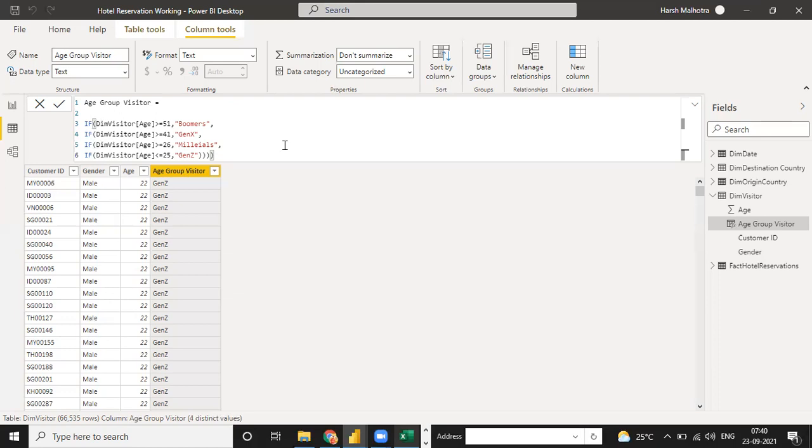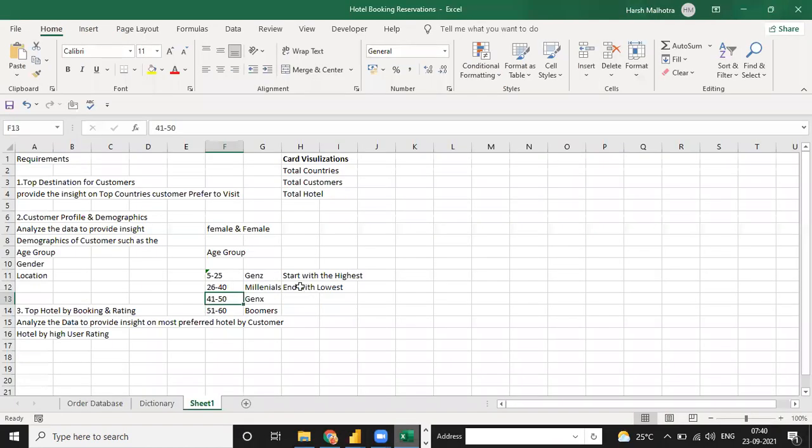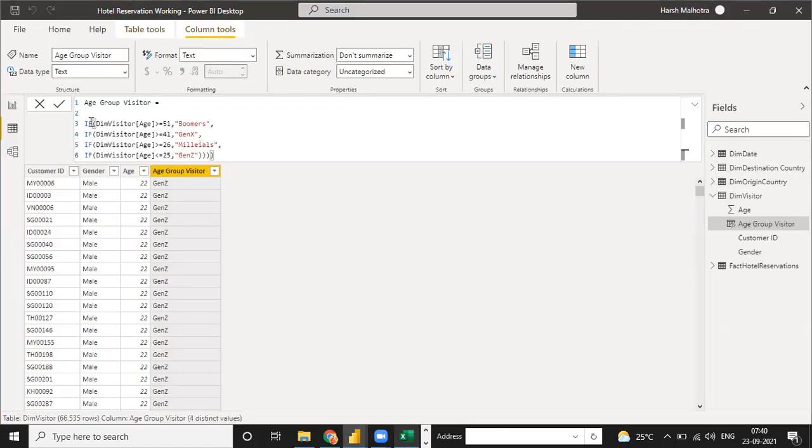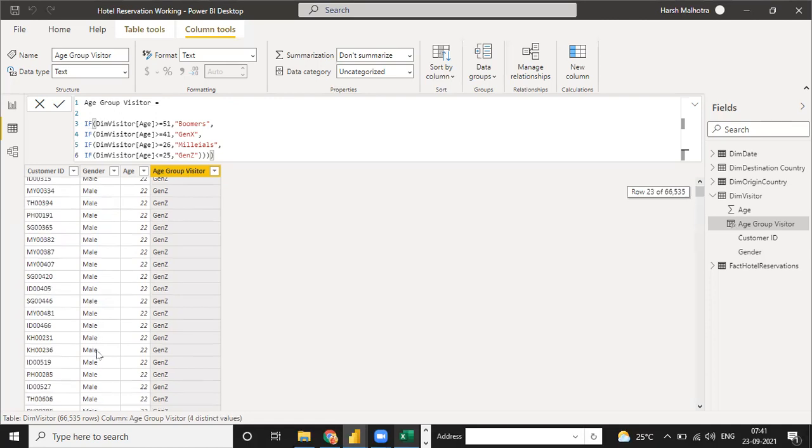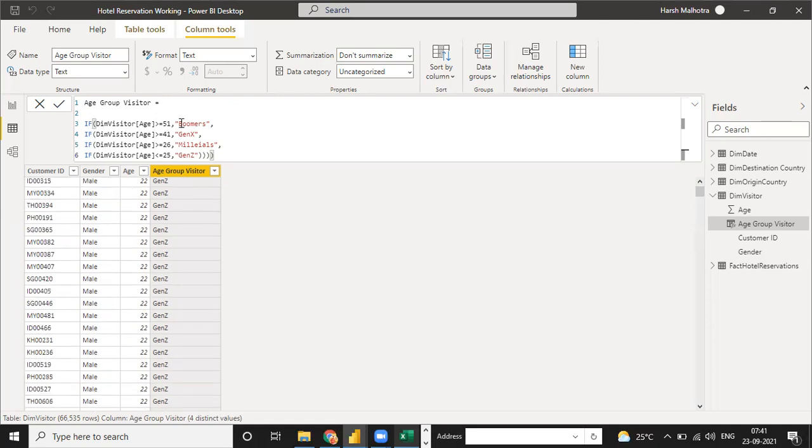Yeah. See, this is the benefit in Power BI. When you do it in Excel, this function is not suitable. But in Power BI, this function is suitable because, see, what is the first requirement? Why did I tell you highest to lowest? Because of this function only. See, when you put the first condition as greater than or equal to 51, the first function is ready for all the rows.